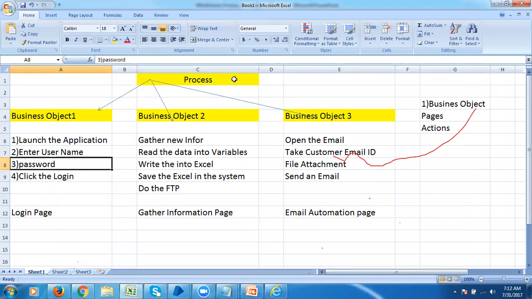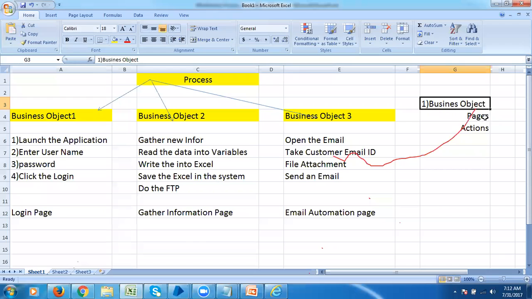Okay. So in Blue Prism, whenever you want to perform any automation activity, first you should create a business object. Within that you will create at least one page and at least one action. After that you will go on to create a process. In the process studio, you will create a process, and this business object you have to call here.